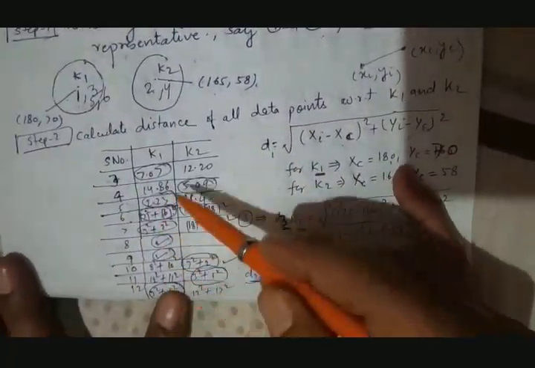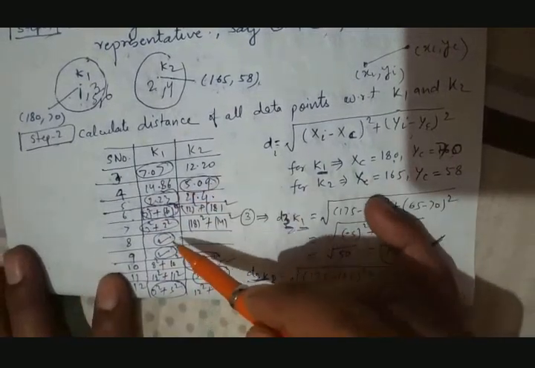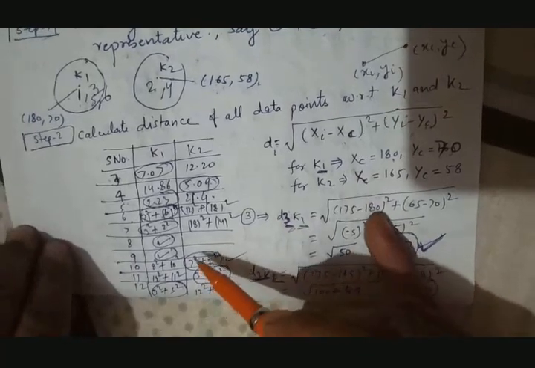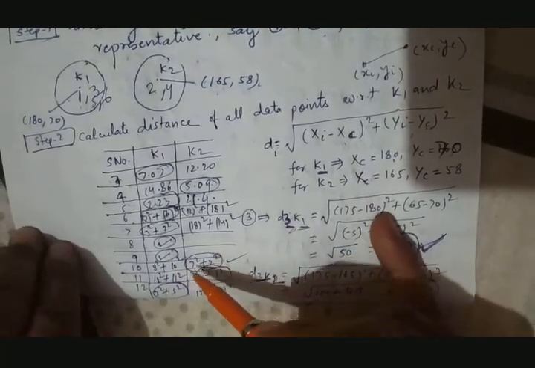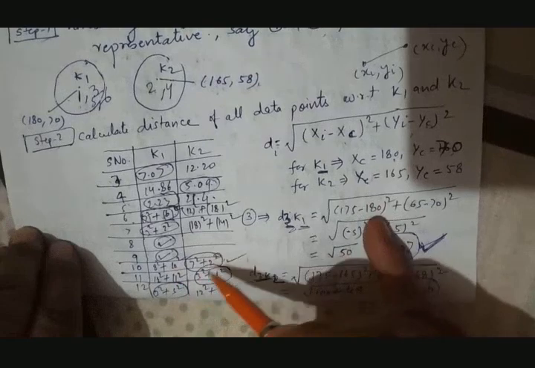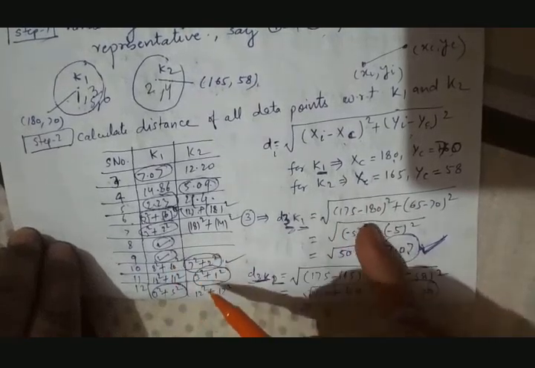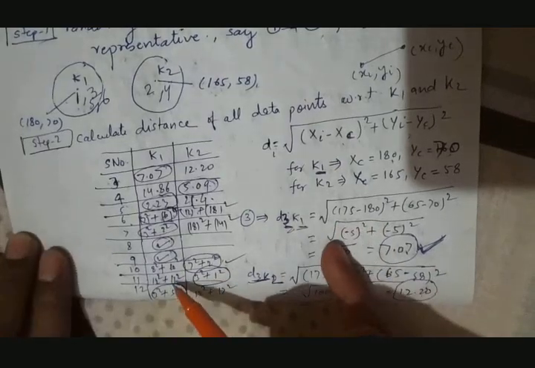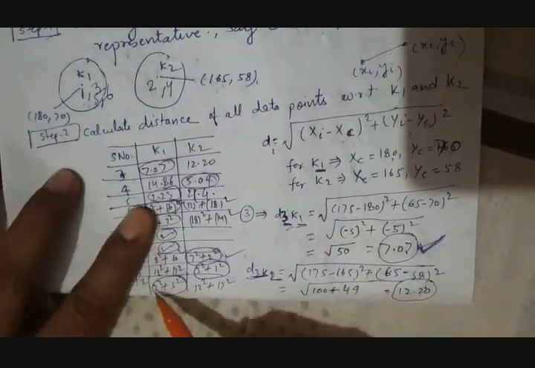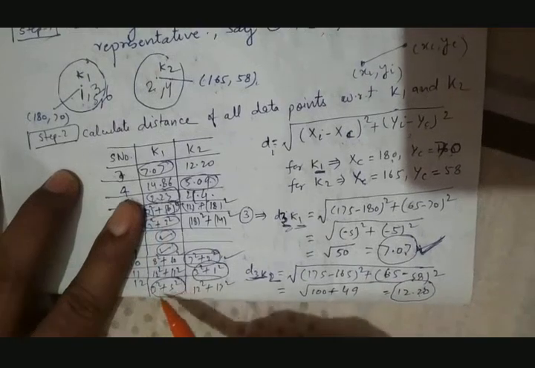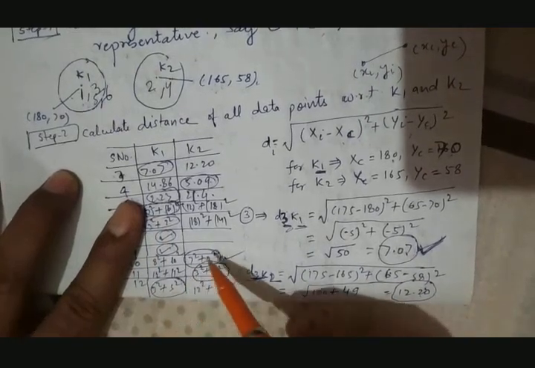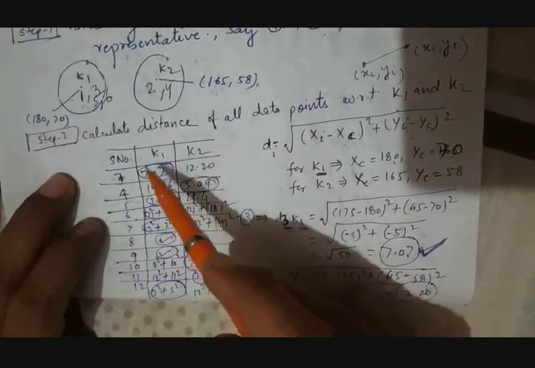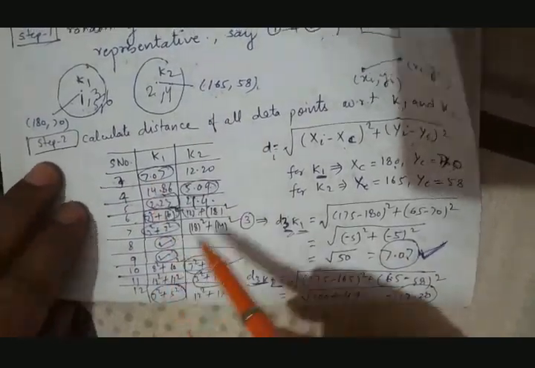Similarly, we can see by calculating these values that we do not need to calculate the final values. It is already obviously looking like this one is the smaller among these two. Here 3 square plus 1 square is smaller than these two. Here 3 square plus 5 square is smaller than this one. So this is how we can find the least distances and the corresponding cluster number for all these data points. We have 12 data points over here.